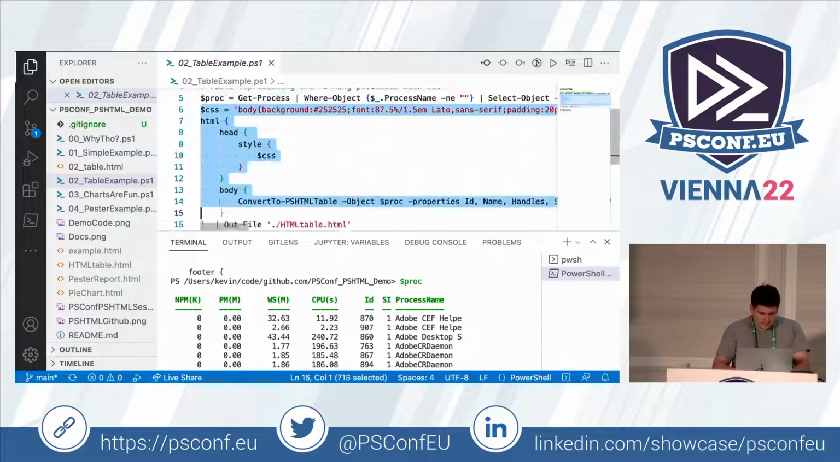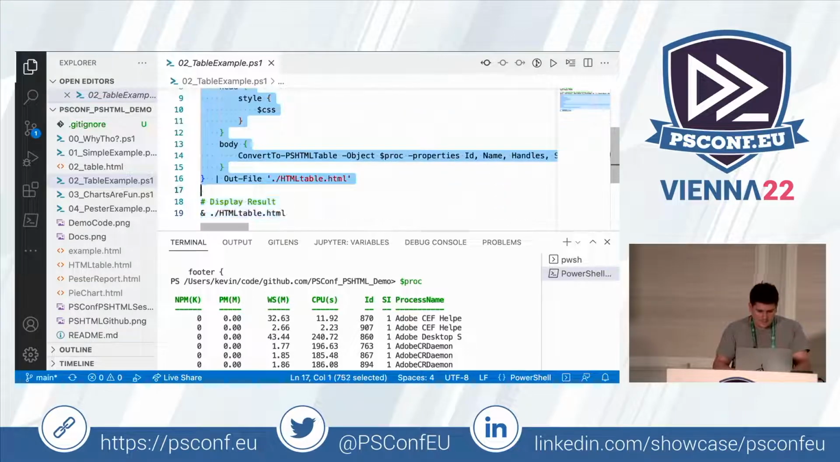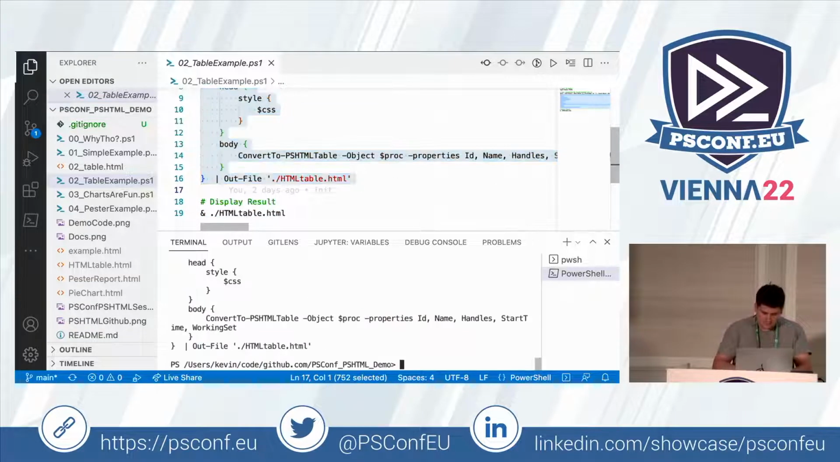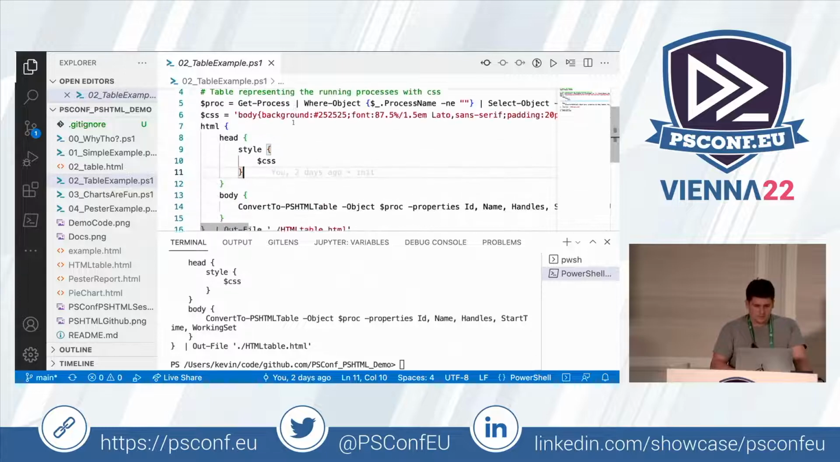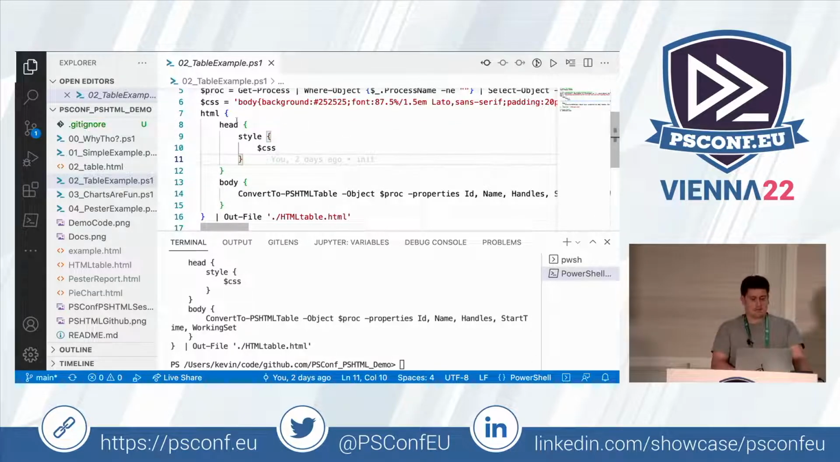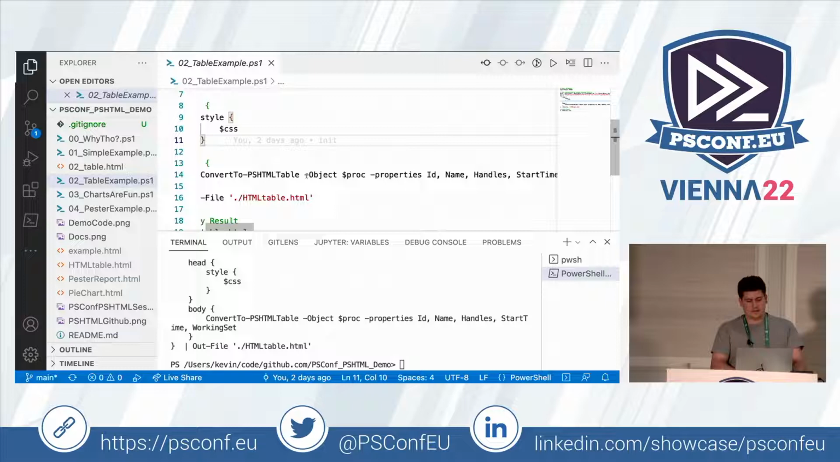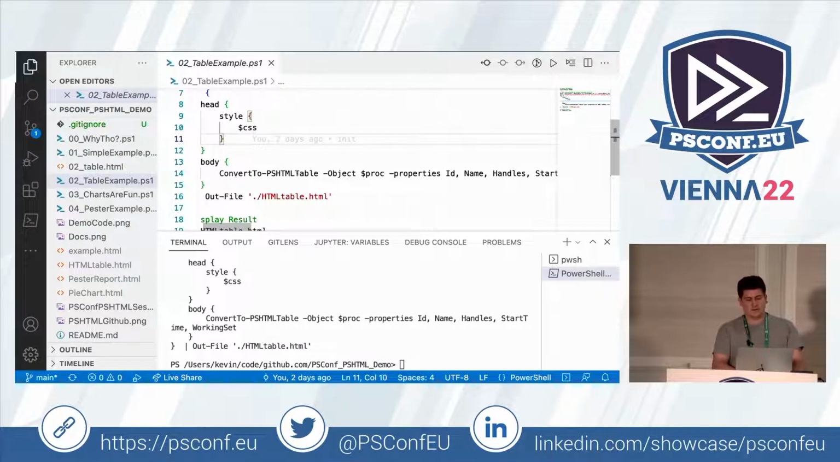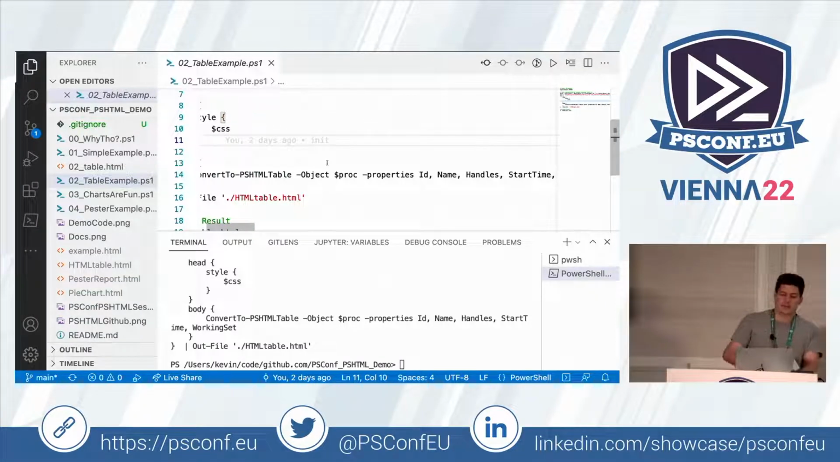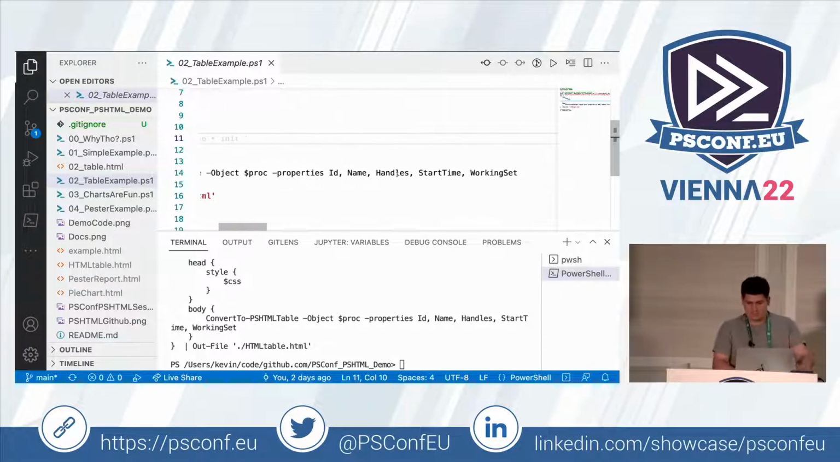We've added a little bit of styling here. Just going to run it, and then let's look at the code. So what we see here is I created an object, and then afterwards there's a commandlet called ConvertTo-PSHTMLTable. You can pass an object into that commandlet, and it will take the name of the properties that you have in those objects as the headers, and create a table with the data down below,